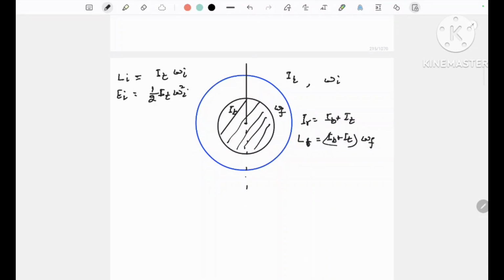No torque is applied on the system, hence angular momentum will be conserved. So L_F will be equal to L_I, or I_B plus I_T omega f will be equal to I_T omega I,